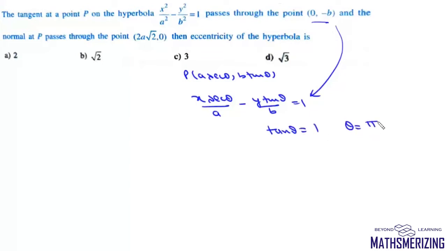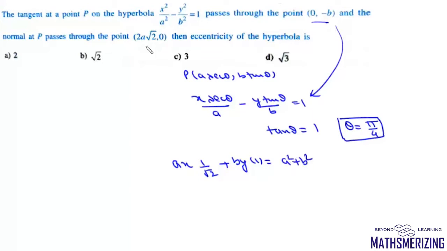So we may choose any one condition. So we'll choose theta in the first quadrant. So we'll get the condition as theta equals pi by 4. Now the equation of normal at this point P will be a x cos theta plus b y cot theta. Now cos pi by 4 is 1 by root 2, cot pi by 4 is 1, and it is equal to a square plus b square.